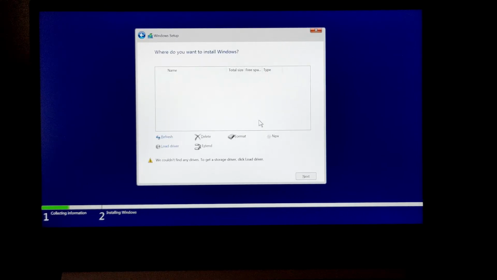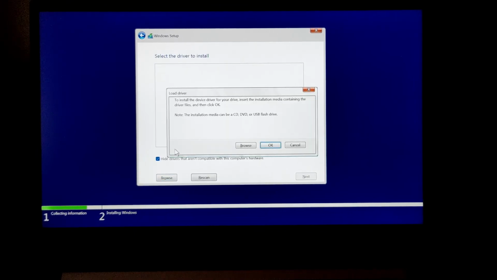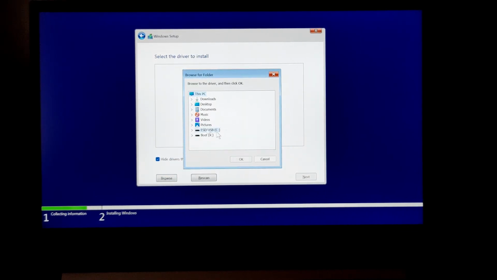On this phase of the setup, as you can see here on the warning, it says that it couldn't find any drives. To get a storage driver, click Load Driver. So that's what we're going to do. To find our driver, click Browse. Look for your USB drive, hit the arrow to expand it, and click on the driver folder.